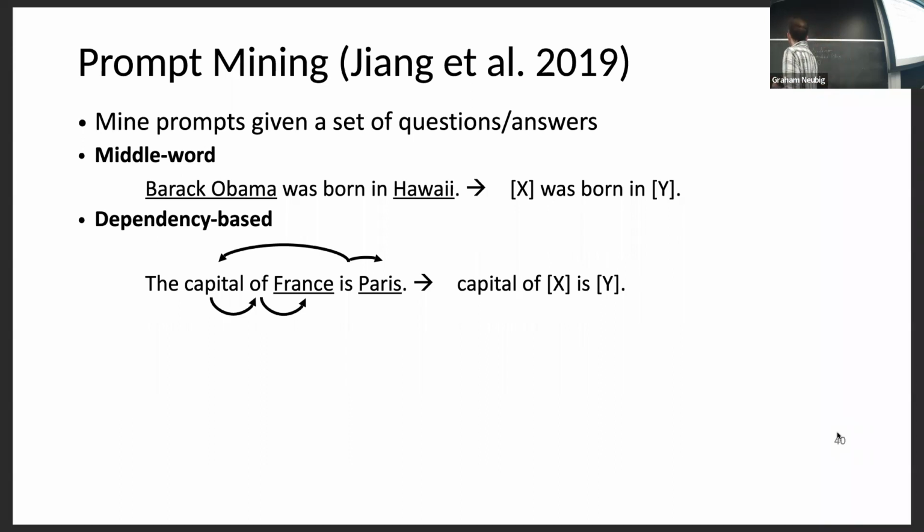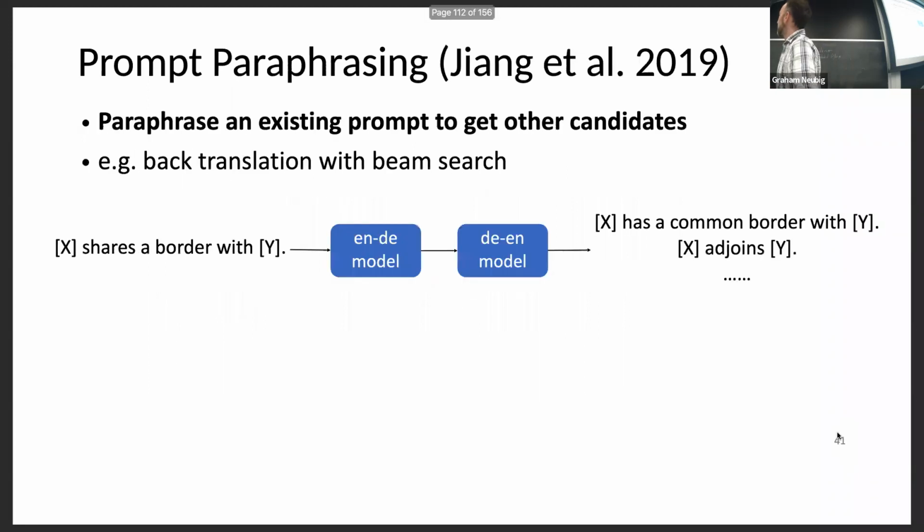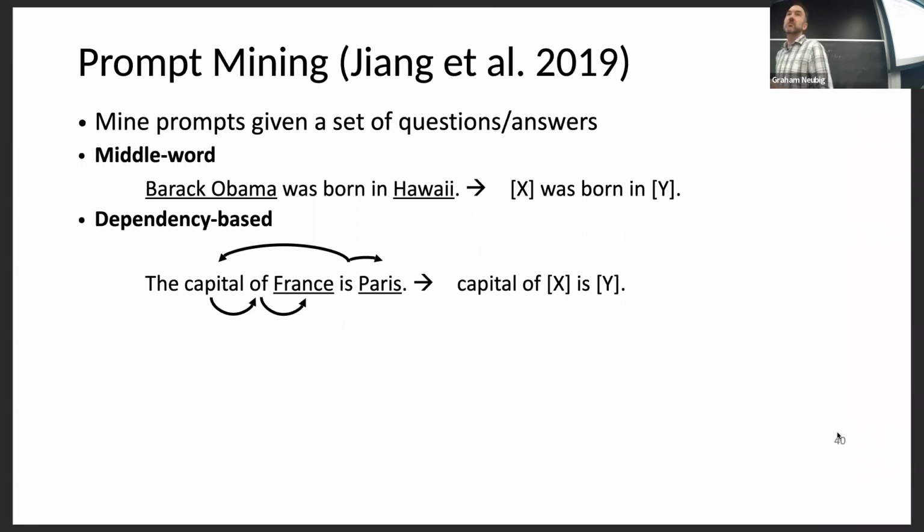One caveat about this is you can generate a bunch of noisy prompts as well, because, for example, Joe Biden is the president is not very informative, right? That could indicate a whole bunch of other tasks other than the task of identifying somebody's profession, which is the one we want to solve. If you want to go deeper in this, there's a huge literature on this in relation extraction and other areas. There are bootstrapping methods to filter out noise, but I'm not going to go into that today.